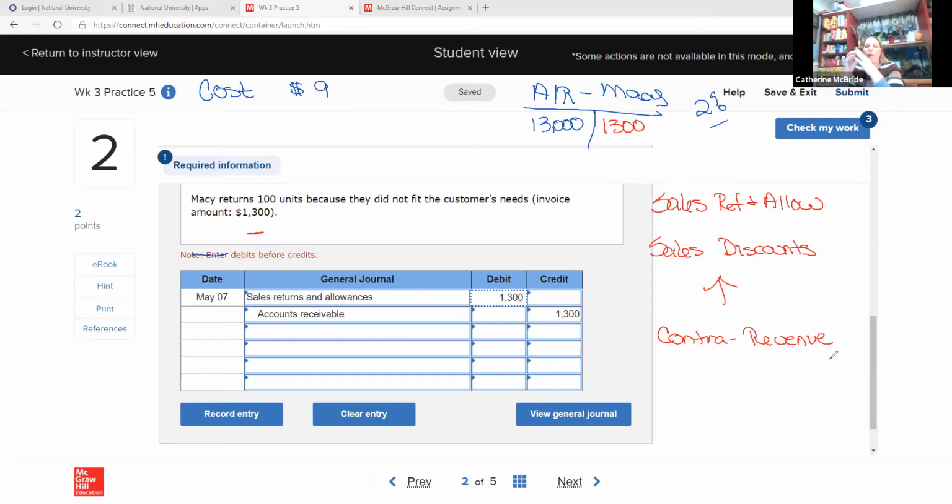So when we are doing perpetual inventory and we are the person that is buying the inventory, we are not going to use sales returns and allowances. We're going to adjust inventory. But when we are selling to somebody else and they return merchandise to us, we're going to put it in the sales returns and allowances. And the reason we're going to do that is because we want to know what our returns and allowances are coming up to. Does that make sense?